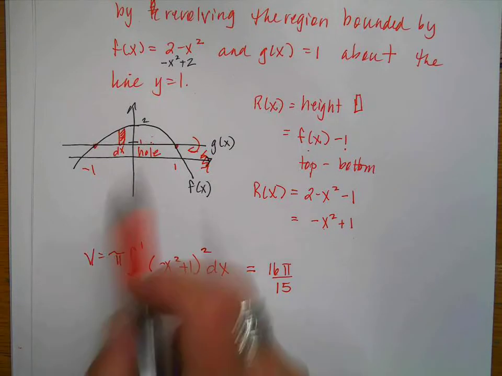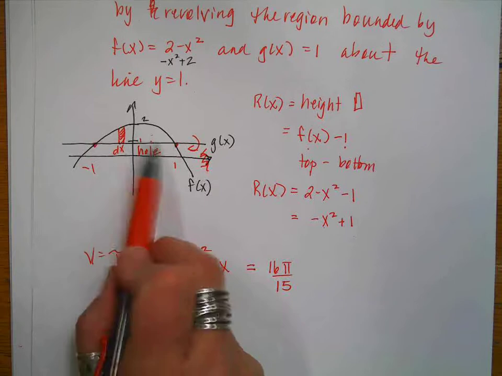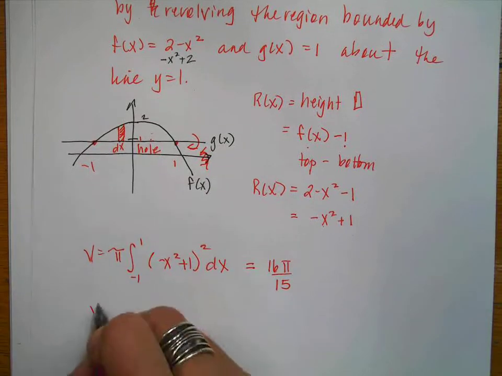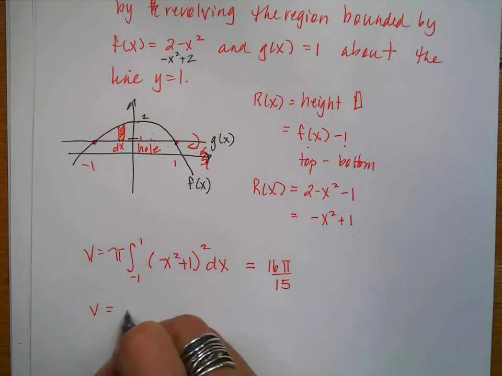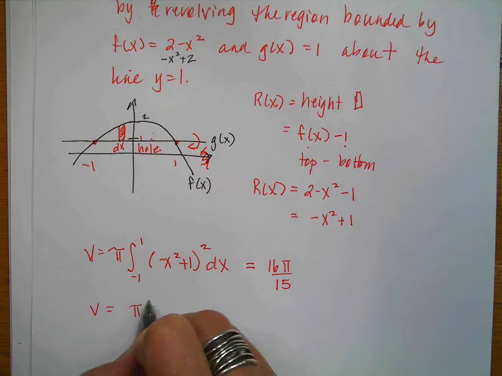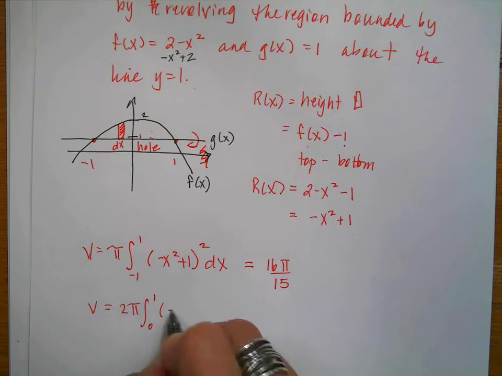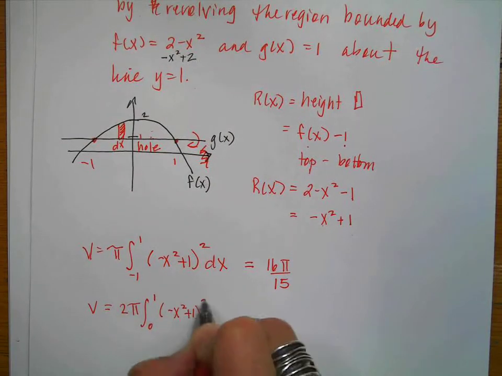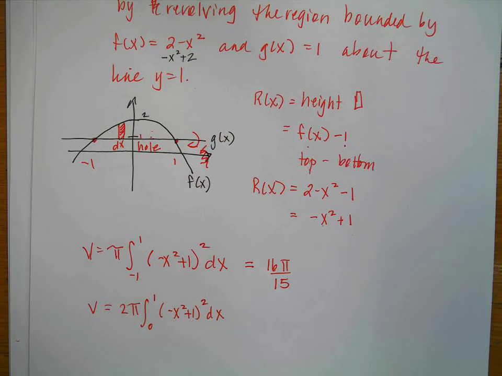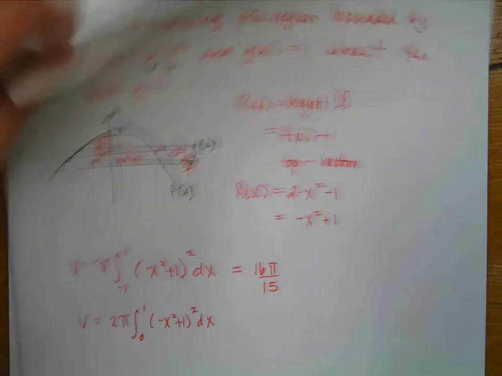Alrighty, I do want to point out that if I had felt so possessed, because this image is symmetric about the y-axis, I could have done that the volume is equal to pi, integrate from 0 to 1, and double it of a negative x squared plus 1 squared dx. So remember that you always have options when you're setting up your problem. All right, for example number 3,